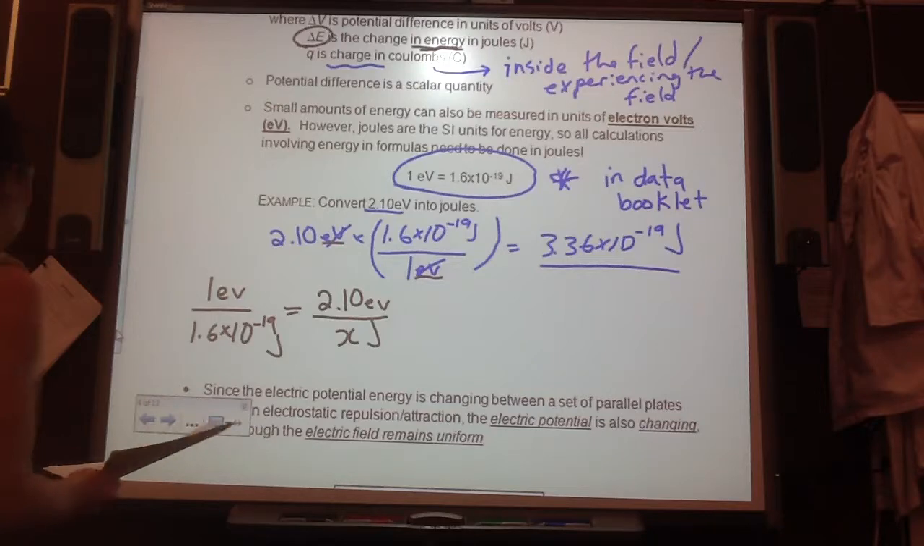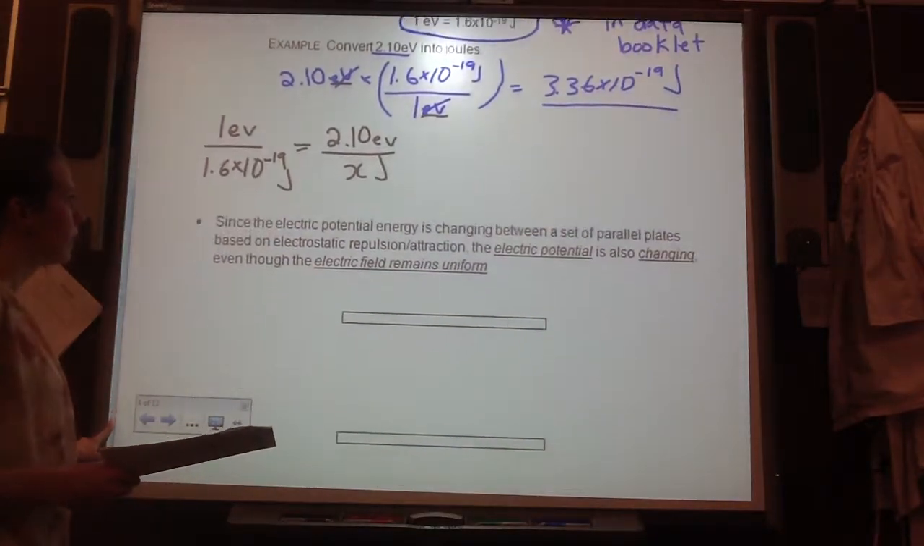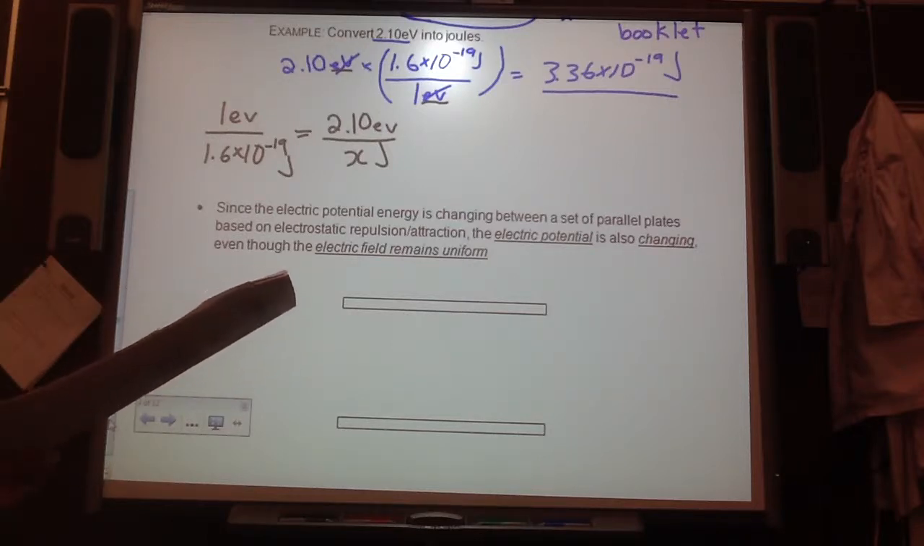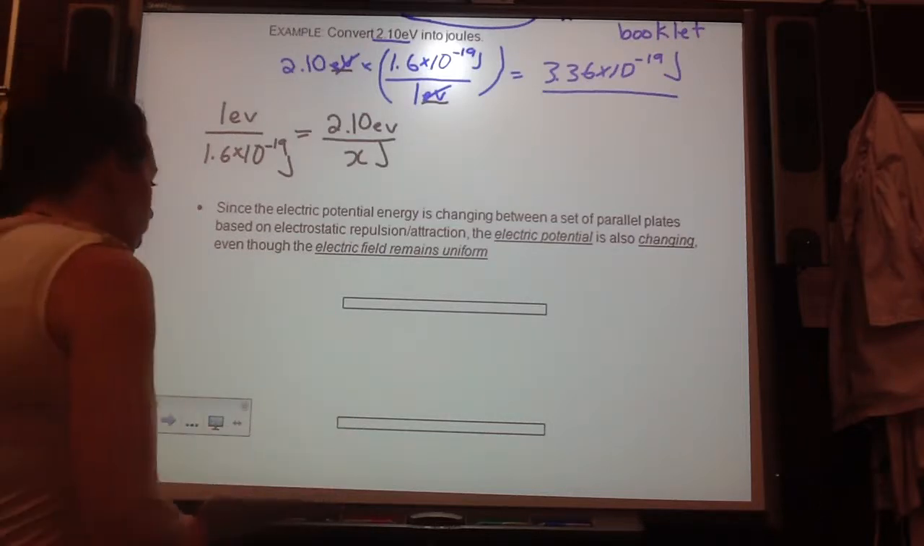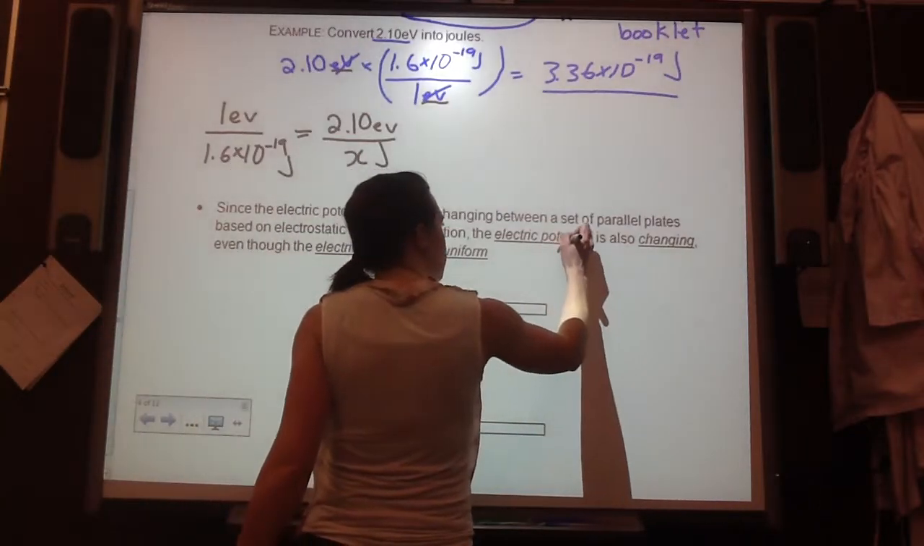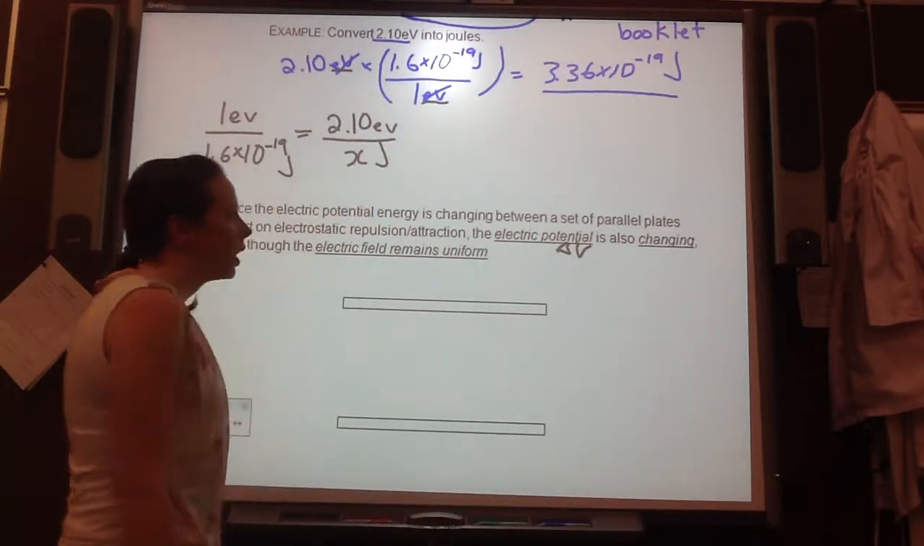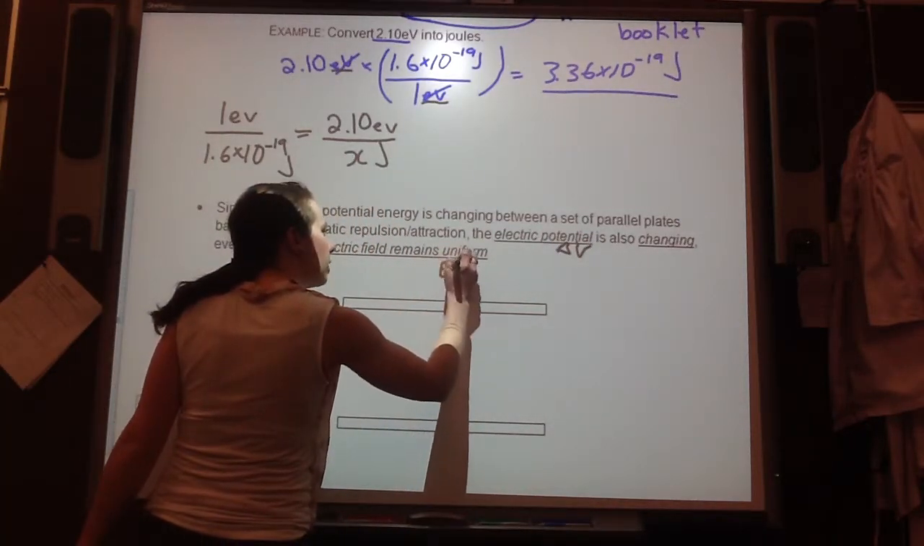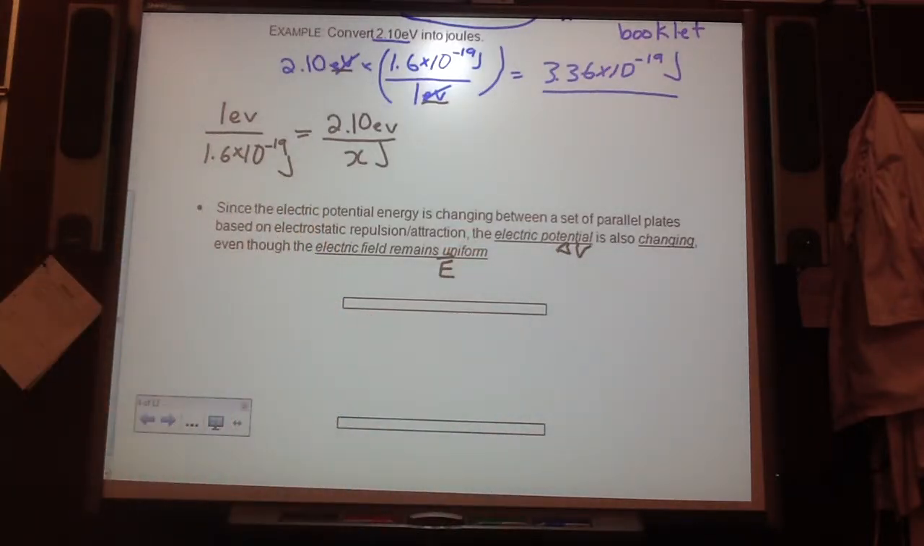Okay, so since the electrical potential energy is changing between a set of parallel plates based on electrostatic repulsion and attraction, the electrical potential, so this is delta V, is also changing, even though the electric field remains uniform. Okay, so